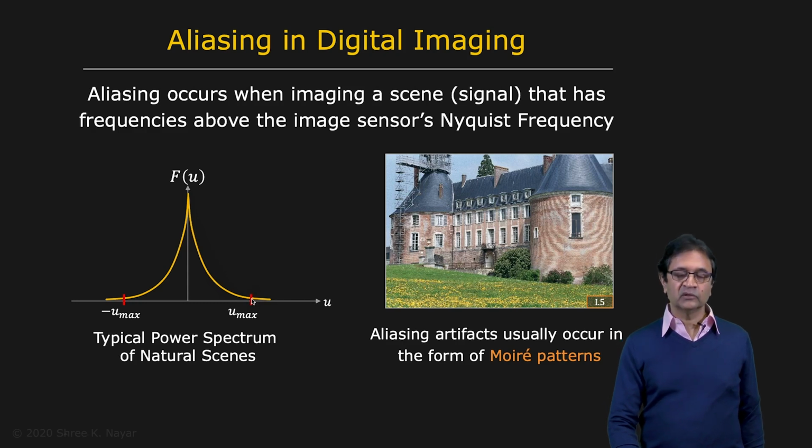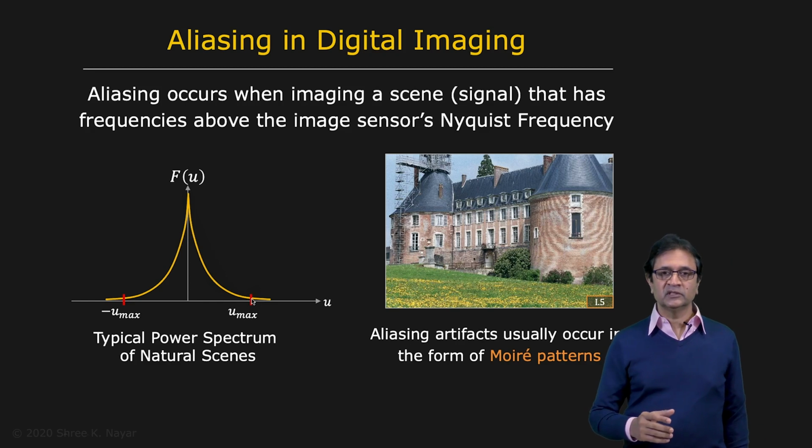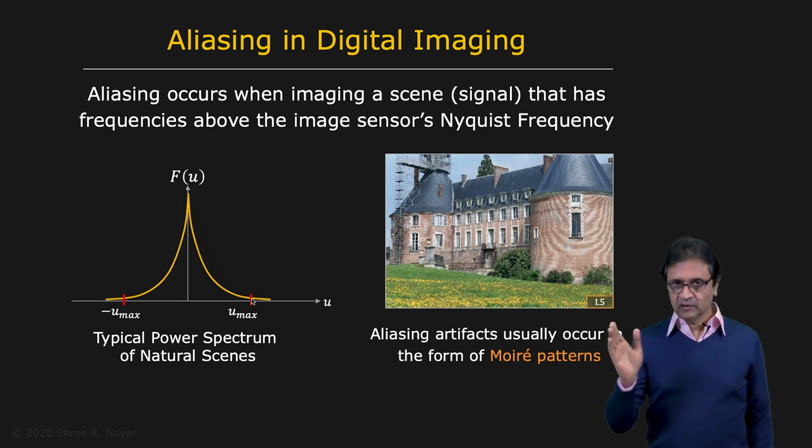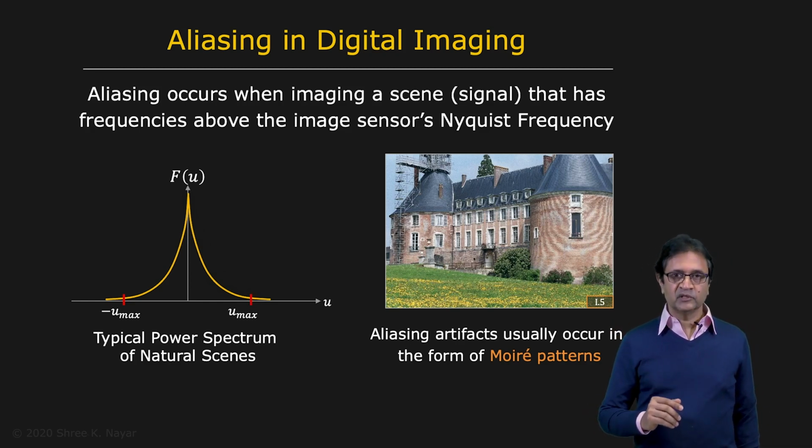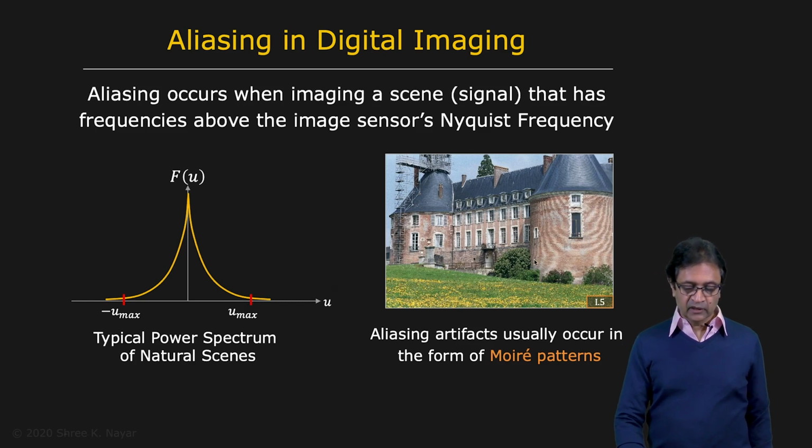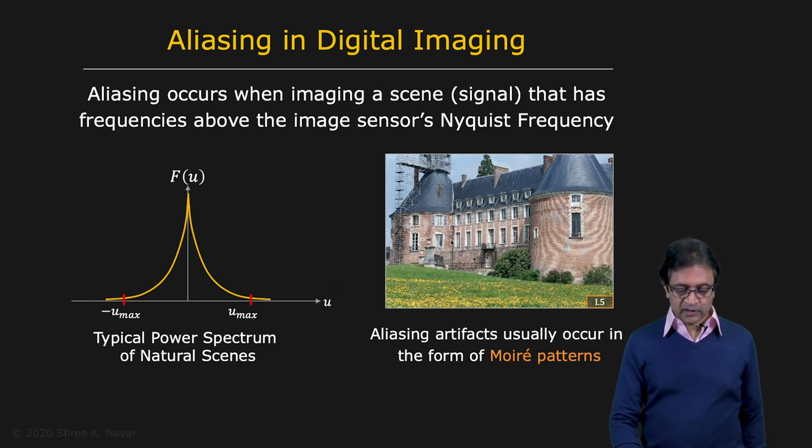And you want to make sure that your camera actually samples the image at a frequency that is at least 2 times that frequency u max. When you don't, you start getting aliasing. So here is another example of aliasing where you have things looking fine here, but on this curved brick wall, you see this sort of ringing artifact or moire patterns on it.